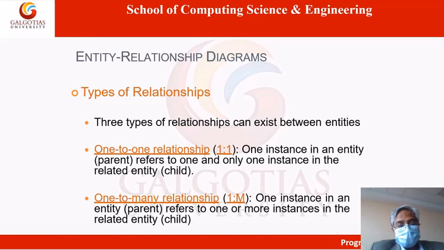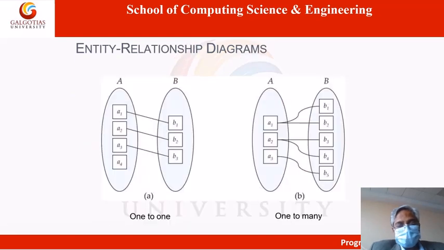There may be other types also, for example, one-to-many relationship. So take the example of a classroom. There is one faculty and he is teaching many students. So one faculty has a relationship with many students, and that type of relationship is called one-to-many relationship. Now see it in diagram.